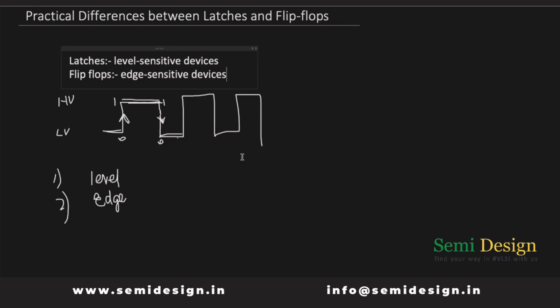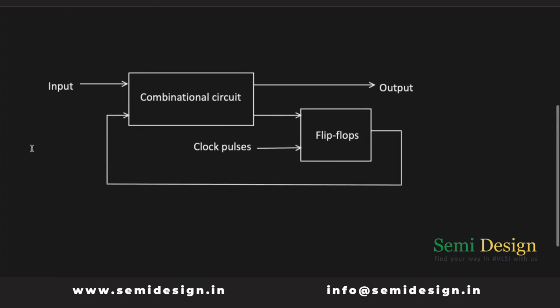So here, consider a block diagram of a given circuit. Here we have a combinational circuit and a flip-flop. The combinational circuit has an input, here an output, and one of the outputs of the combinational circuit goes to the flip-flop, and we then provide a clock pulse to this flip-flop. The output of the flip-flop, this sequential circuit, is the feedback to the combinational circuit. So sequential circuits are implemented or developed in this manner, with an output which is fed back to the circuit.